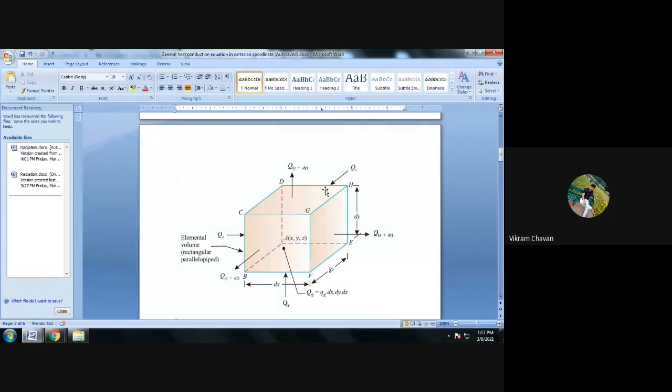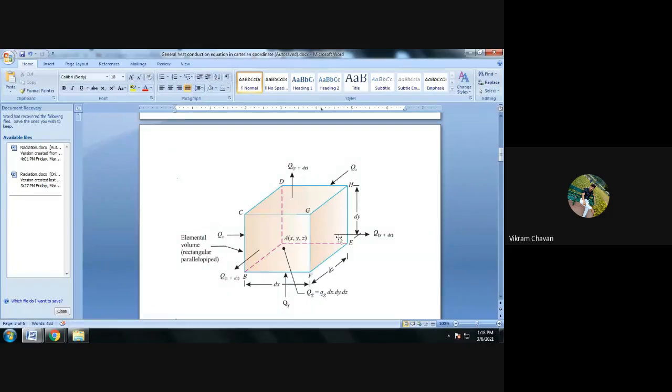Now, after entering inside the element, there will be some changes in the heat. Some amount of heat will be stored in the element, or it will get away from that particular element, or it will be transferred to another element by conduction. So from the positive z direction, some amount of heat will enter. Further, from the opposite face, the heat will escape or get outside from that particular element. So there is some change.